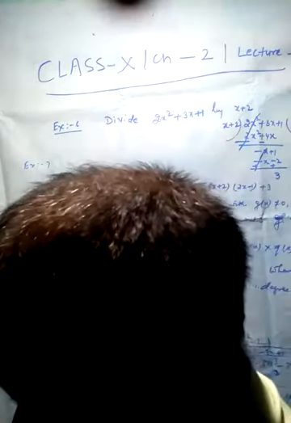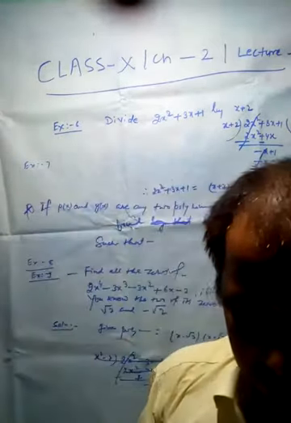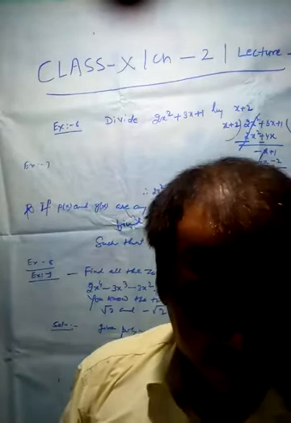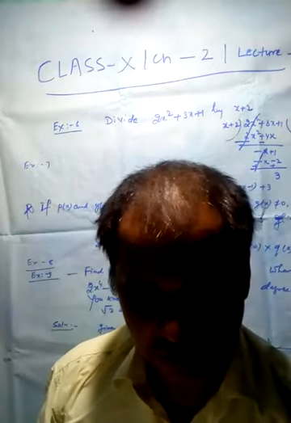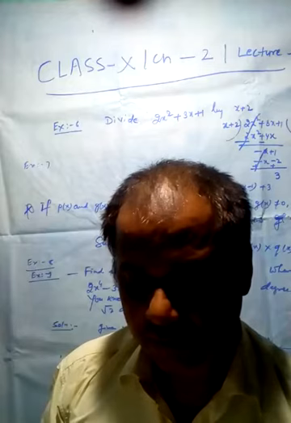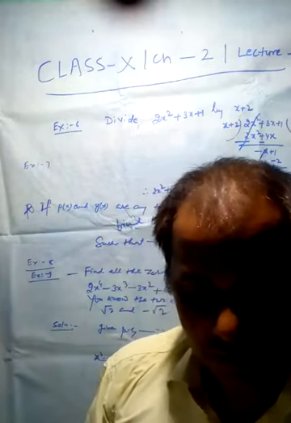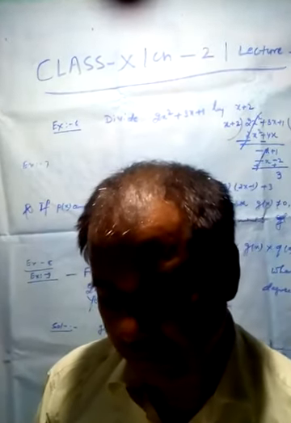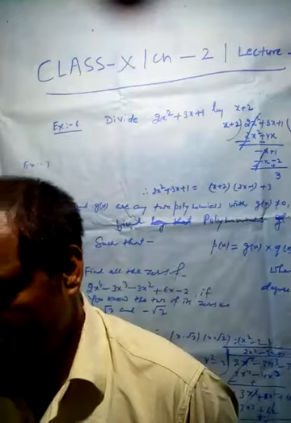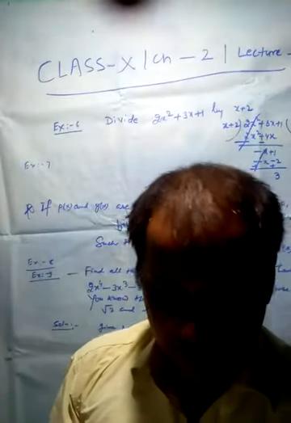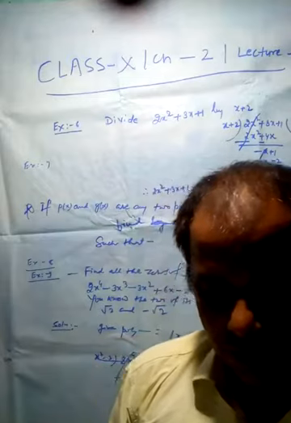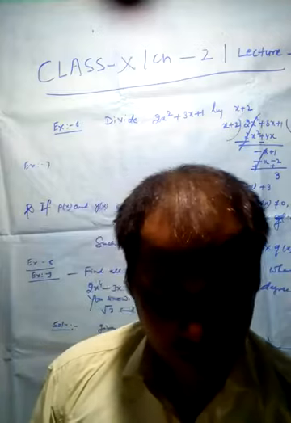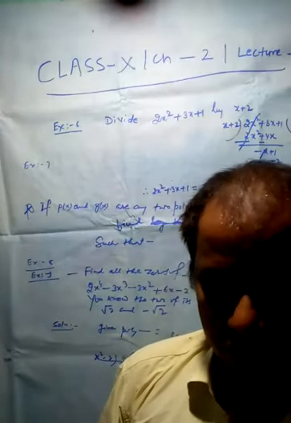So you can factorize by the factorization method. 2x⁴ − 3x³ − 3x² + 6x − 2 is equal to (x² − 2)(2x² − 3x + 1). By the splitting method of −3x, we factorize 2x² − 3x + 1 as (2x − 1)(x − 1). So its zeros are given by x = 1/2 and x = 1. Therefore the zeros of the given polynomial are √2, −√2, 1/2 and 1.